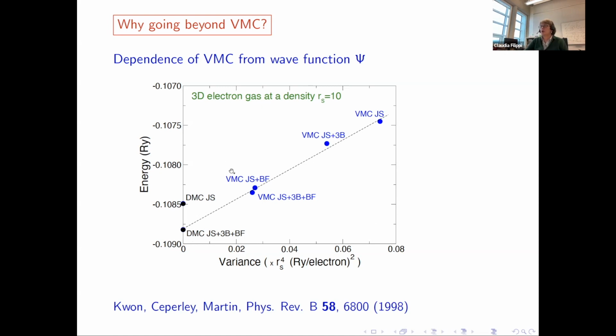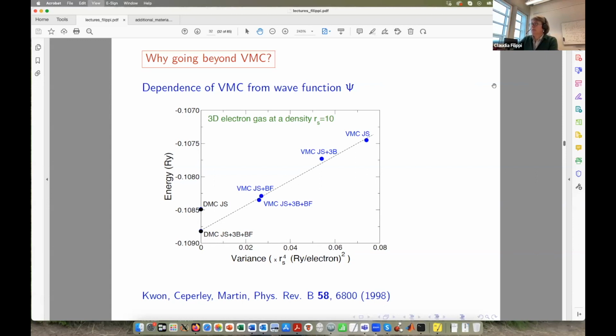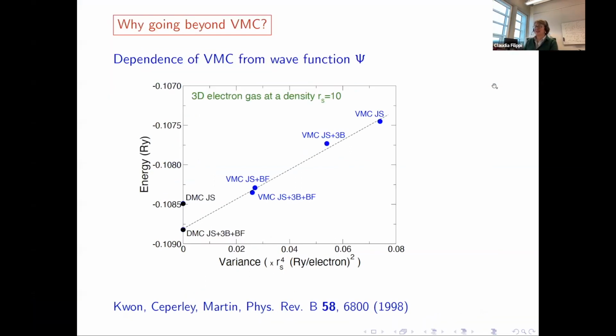So what I'm showing here is that, of course, as we expect, the variational Monte Carlo results depend on the quality of your wave function, and going beyond, we still have a bias from the initial wave function. By using diffusion Monte Carlo, which is a particular projection method, the bias will be significantly reduced. Okay, so now I wanted to answer... I forgot the question.